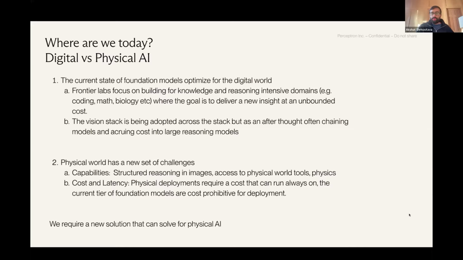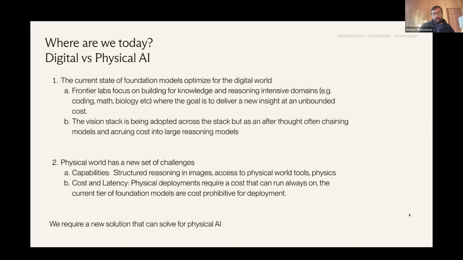And the solutions that are built for the physical world right now let you do that, but the current foundation models will cost you thousands of dollars if you want to do that, even with the cheapest ones. And so this cost and latency concern, also in the real-time case, isn't just about efficiency anymore. It's also about unlocking new capabilities and markets that you just can't have access to right now because they're not